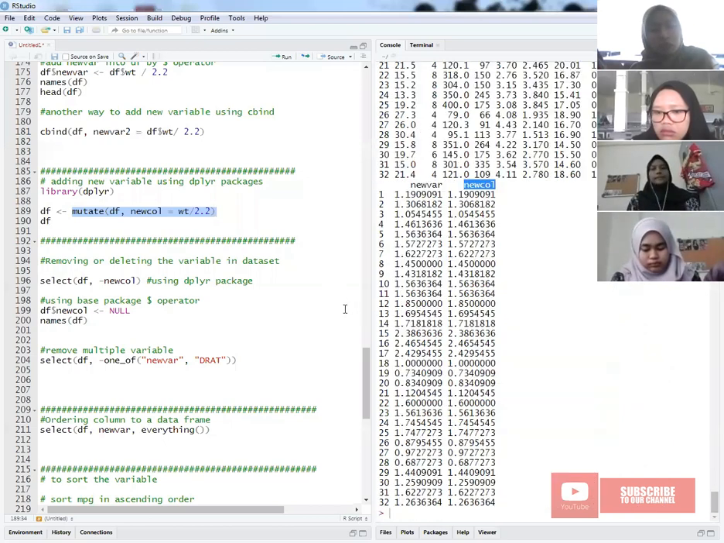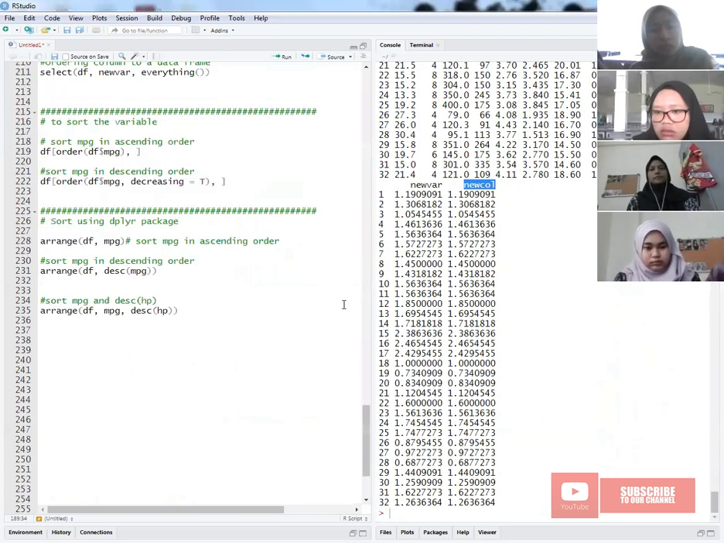Most of the time, you may want to create a new variable and then keep only certain variables. For example, let's say I want to create a new column which is weight divided by 2.2 and show only the MPG variable, horsepower and the new column. Only 3 variables. So instead of using mutate,